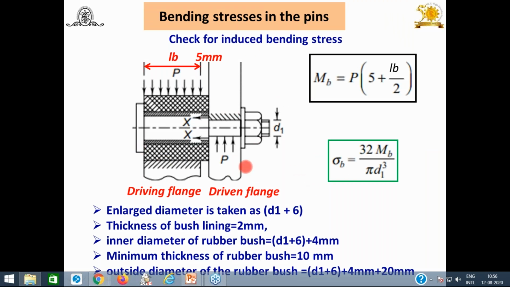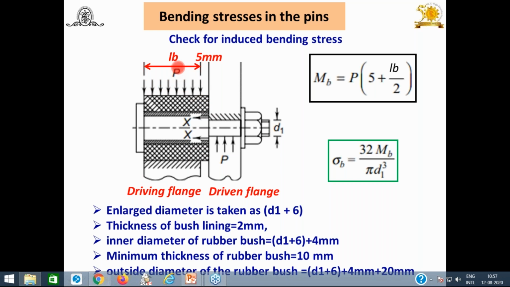Look at the diagram. I will explain. It's very simple. How to find it out? It's the head of the pin. It's an extended diameter of the pin, and it's the D1. Here a nut is used. Again here the length of the bush, that is LP. Try to understand. Here this part is the bush, and this part is the rubber bush, over which the flange, which is the input flange, is mounted. Because of this rubber bush, it absorbs shocks and vibration and permits some misalignment also. Assuming uniformly distributed load over this bush, we have to carry out the analysis.